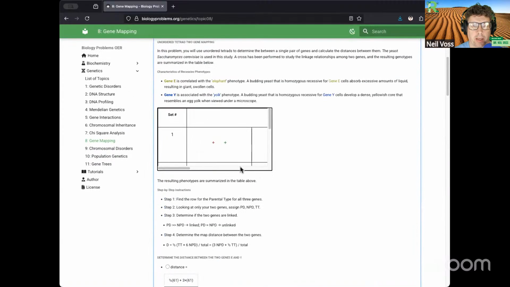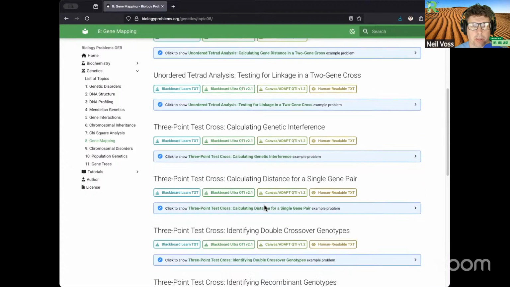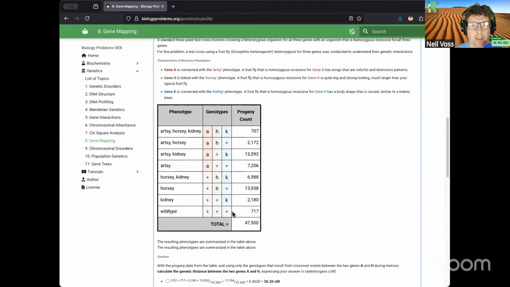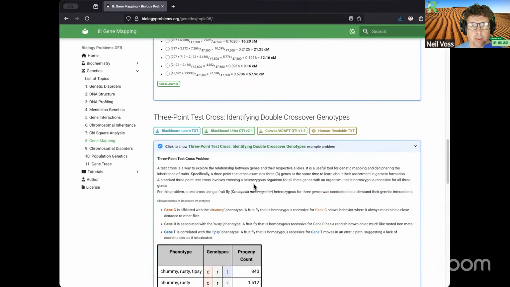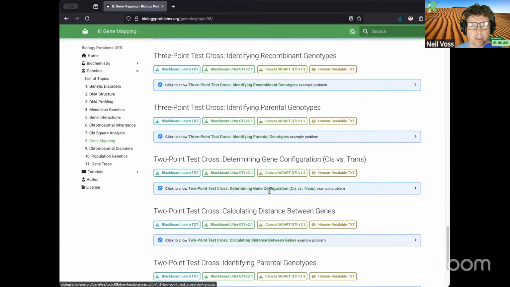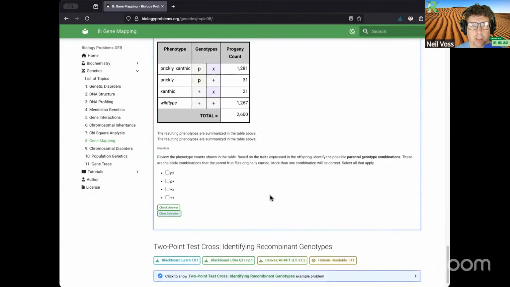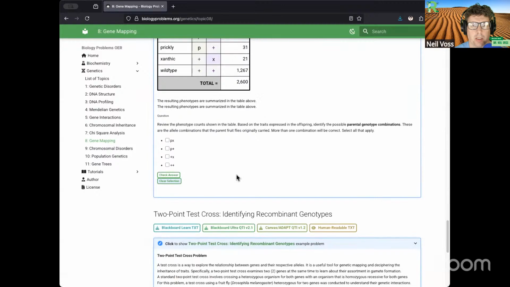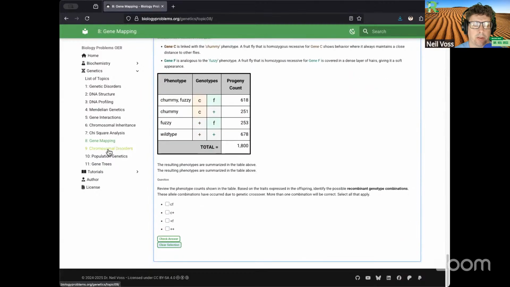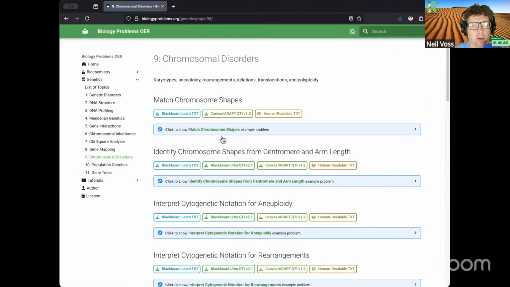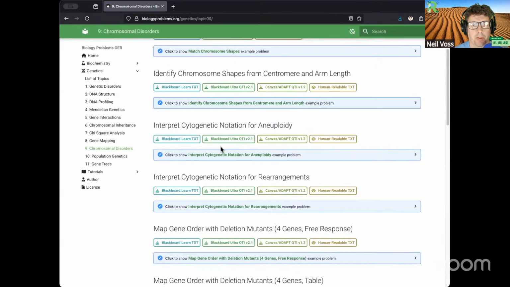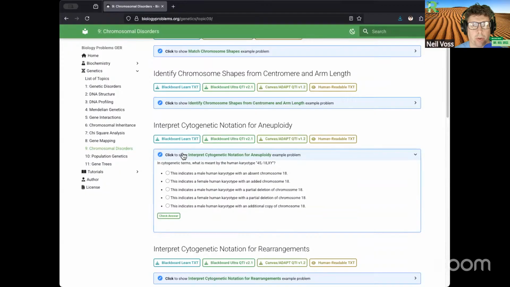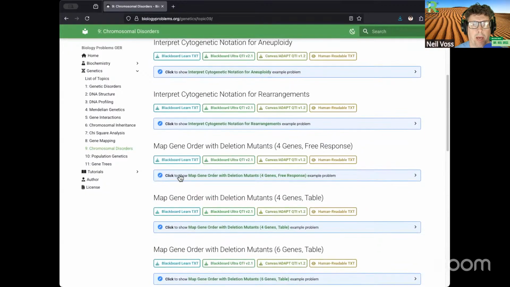I have a lot of tetrad analysis, so that's broken. 3-point test crosses. You get the progeny count. You need to figure out one of the distances between the genes. Which ones are the double crossovers? Identifying the parental genotypes. A lot of different kind of stuff built in. 2 genes, 3 genes. Then I get into chromosomal disorders, talking about chromosomal shapes, cytogenic notation, mapping the gene order